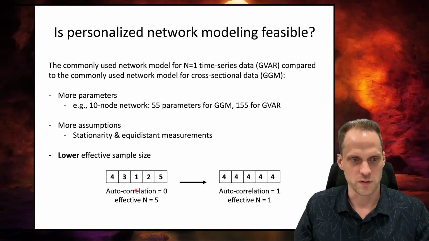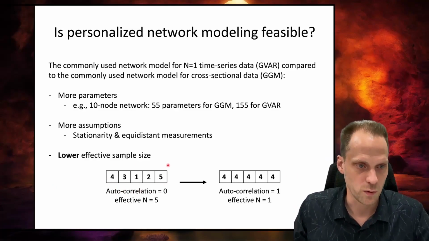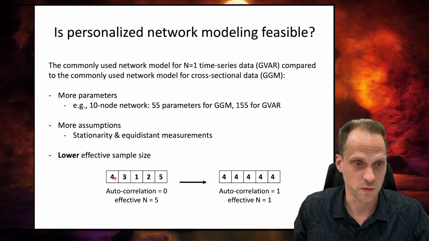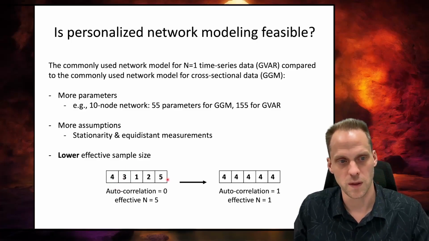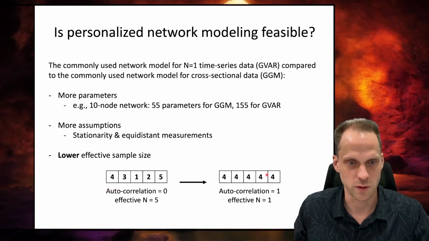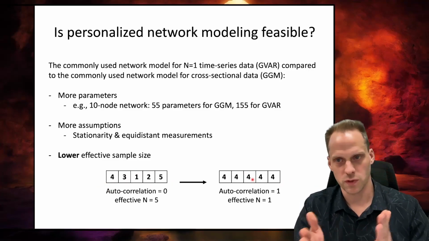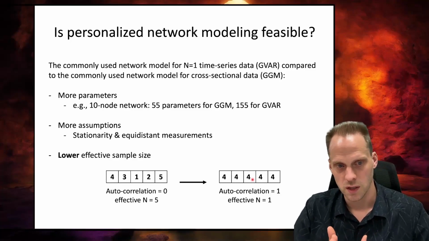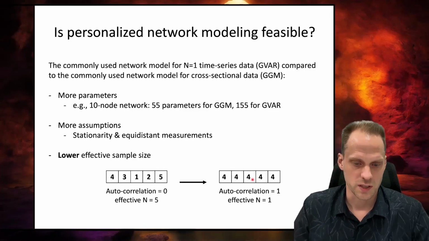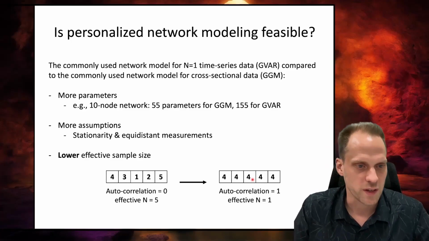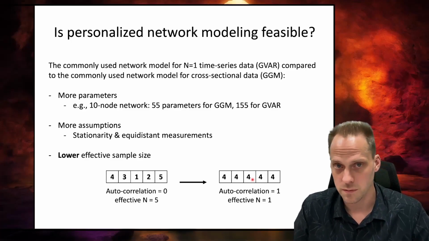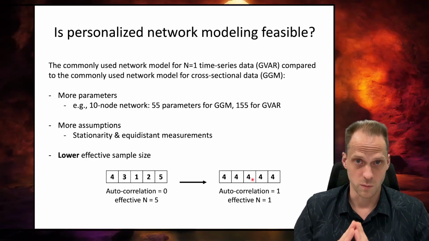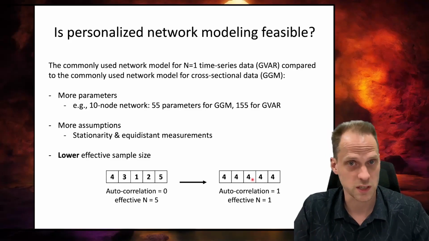Only if you have an autocorrelation of 0, so there's no temporal effects, would we effectively have exactly the same sample size and the number of observations. So here I have 5 responses. Effectively here we have 5 responses, but here we only have 1 because you only have that 4. There's a bit of a gray area between when you go from that 1 response to that 5 responses. So if you have some autocorrelation, there is an overlap in information, so maybe effectively you only have like N=3, N=4 in this case. Right? So that's quite problematic. We need more parameters and we have effectively much less sample size.